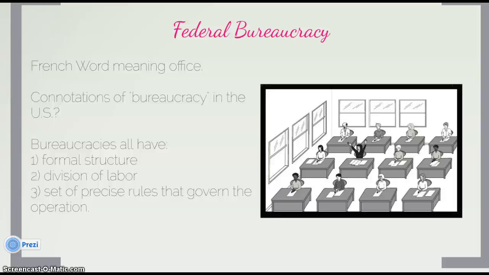So what does bureaucracy mean? Well, we just said it means office. It's a place where people go and work. So you can see there's a series of desks, people seated at the desks in this office, a bureau in French, and people that work in the bureau are bureaucrats. And that's just the simple explanation of this term. So we have the federal bureaucracy, and again, the federal bureaucracy are the 2.8 million people that work for the federal government in various departments and or agencies.